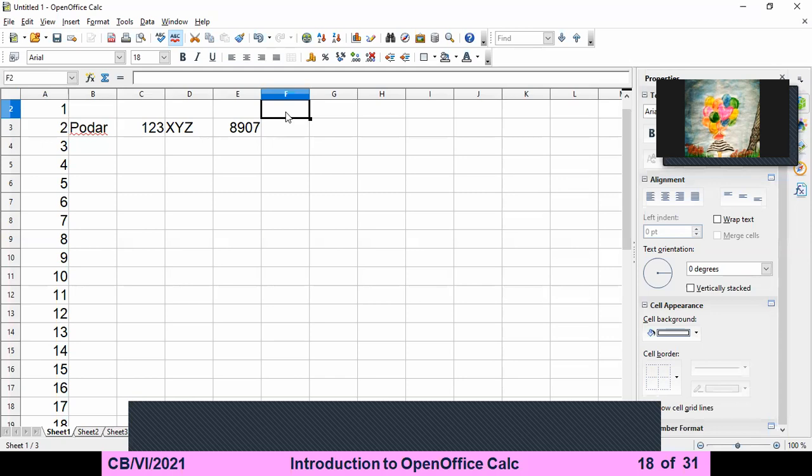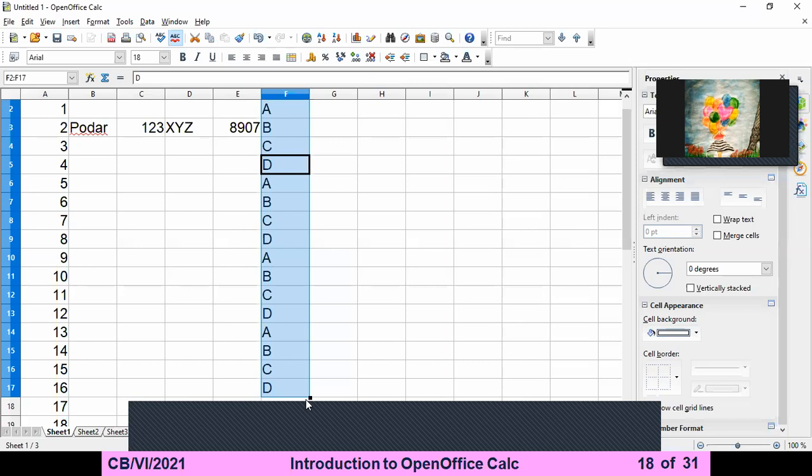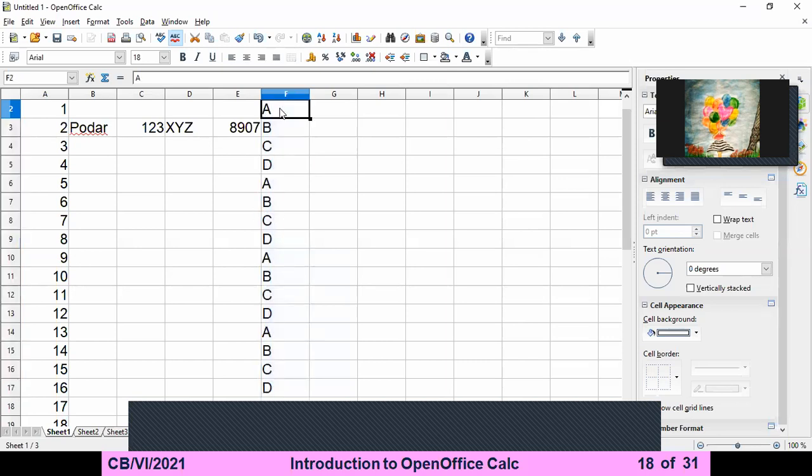It's not only for the numbers 1, 2, 3. For example, I am writing here the alphabet A, B, C, then D. But you want to write till the Z. So what should you have to do? You have to just select it and do the autofill. Just drag it down. So it will repeat the whole thing, ABCD. It will repeat the number of times whatever you copy. जितनी बार भी आपने लिखा होगा उतनी बार वो कॉपी होगा.